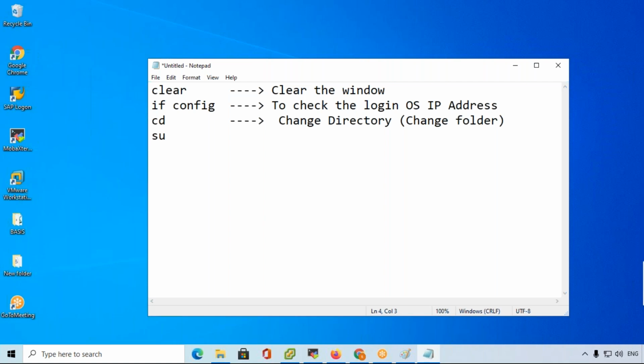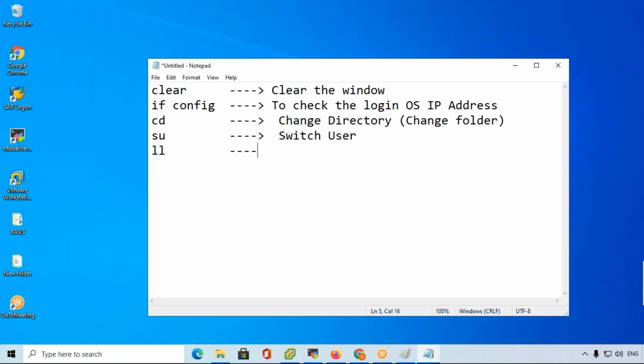And cd is change directory. In our general list, there are directories. Go to change directory. Yeah, change directory. Now directory means folder. Each folder means one folder, another folder.